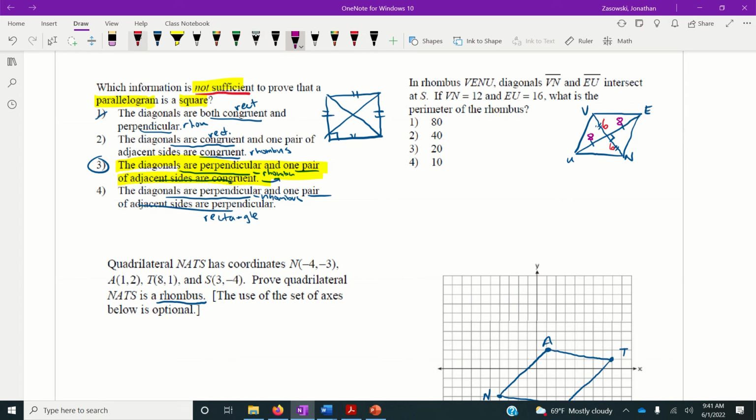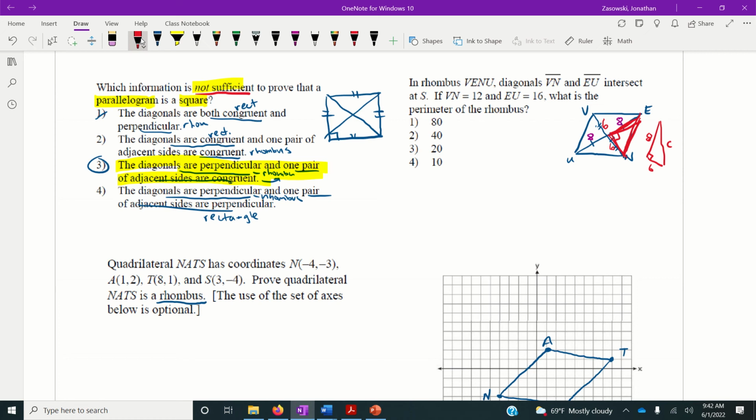So really what we need to do is figure out what is the length of this side right here. Now, if we focus on this triangle, which is the right triangle, we have two sides of 6 and 8 here. So just so we can see a little bit better, 6 and 8, and a right angle,